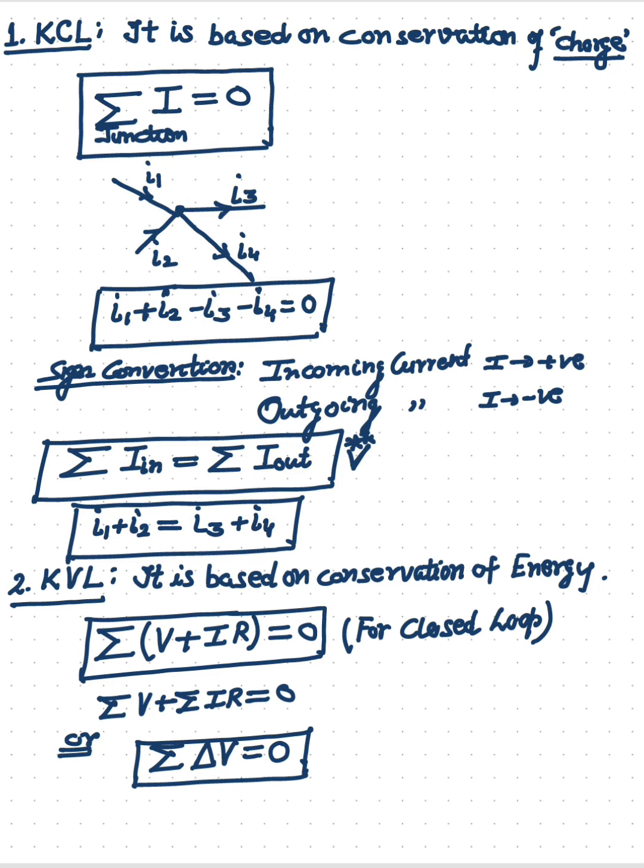Here, keep in mind, note: the EMF terms and IR drops we write with plus or minus signs. E we write positive or negative, and IR drop terms we also write plus or minus. As per conditions there are some rules on where we need to write positive and where negative. So I will discuss this.